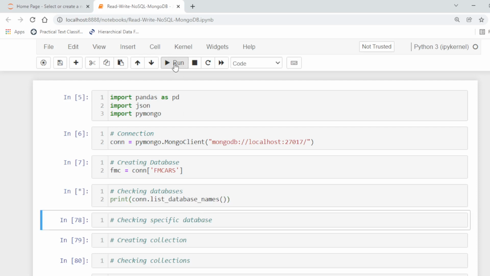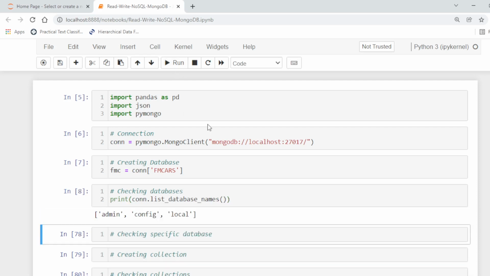So if we run this, currently there are 3 databases: admin, config and local, but fmcars is not appearing here because the database is actually created after creation of the contents in the collections.